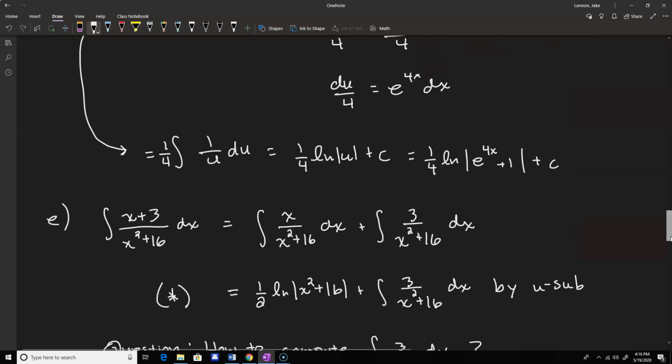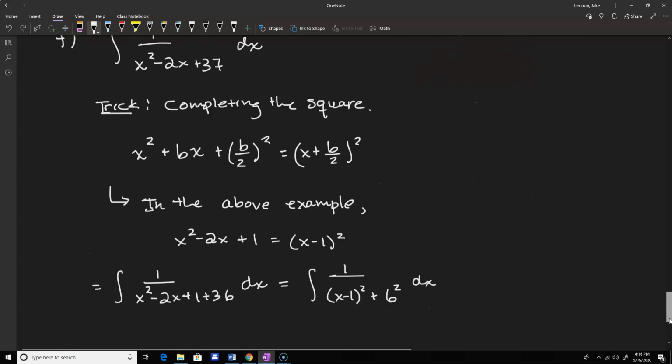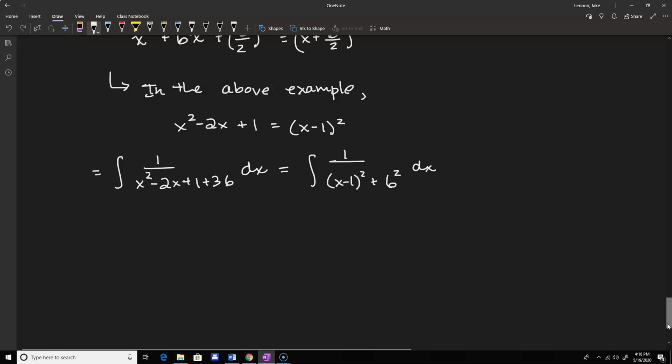The problem is we currently have it as x minus 1, so we'll have to do one little u substitution, but it won't amount to much, because we're just going to let u equal x minus 1, so du will equal dx. So this actually just becomes the integral of 1 over u squared plus 6 squared du,